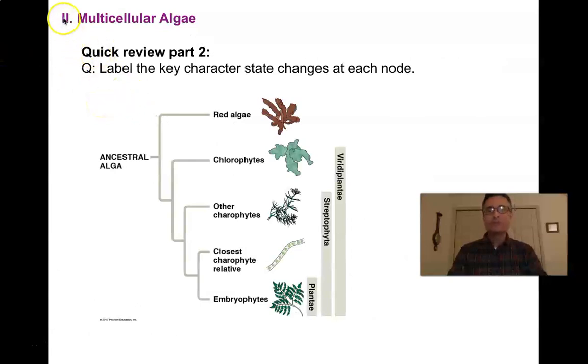opportunity for you is to take a look at this particular phylogeny that comes out of your textbook and label the key character states that are changing at each node. And so this will also get you to think about what's happening throughout the lecture. Notice that this is a slightly different tree than the one that we're presenting, Dr. Stevens and I, but if you can translate what you're seeing in that key to what you're seeing over here, that should be an indication that you're understanding the key character states that are evolving and making each particular group